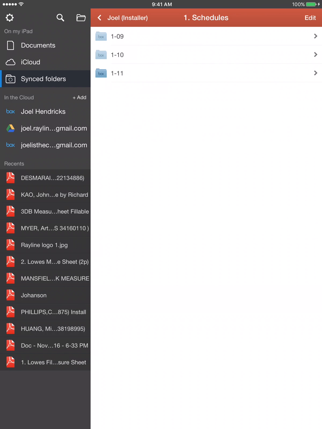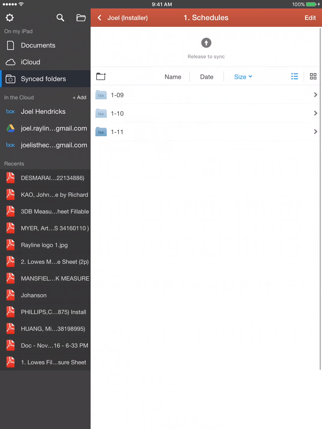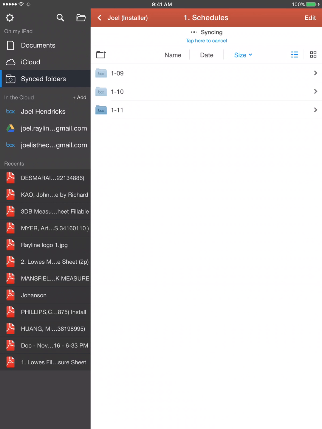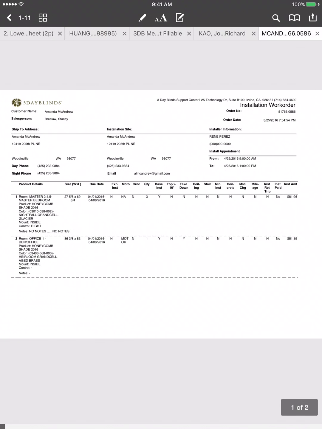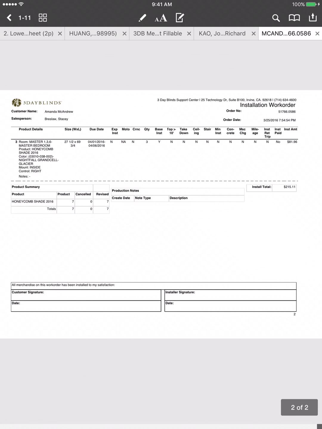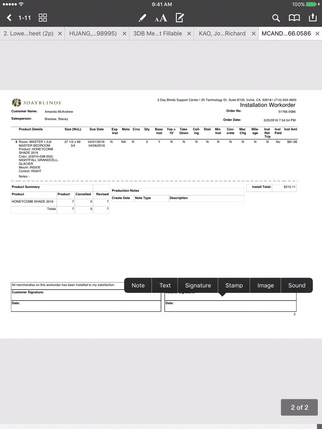So either they're empty or they haven't quite downloaded. You'll pull down to sync. But those are empty, so they're not going to get blue like 111 is. So that's where my documents are. And you see here, if I try McAndrew again, instead of asking me to download, it pulls up the document. So at this point, I'm going to hold my finger down,